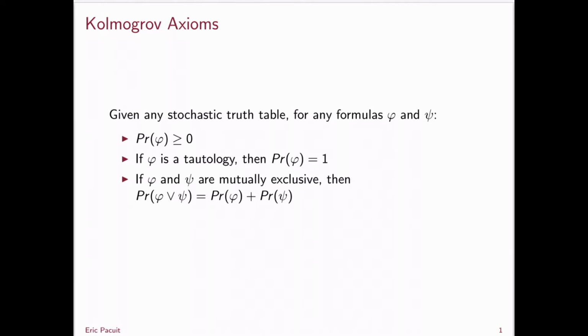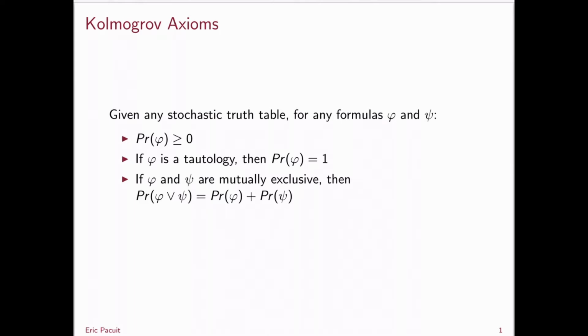In addition, another property of a stochastic truth table is that the sum of the probabilities on every row must be equal to 1. So that means that if phi is a tautology, where a tautology means that phi is true on every row of the truth table, then the probability of phi must be equal to 1. These two things together basically give you that the probability that you assign to every formula must be between 0